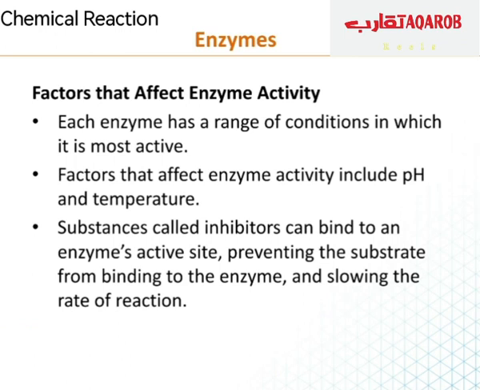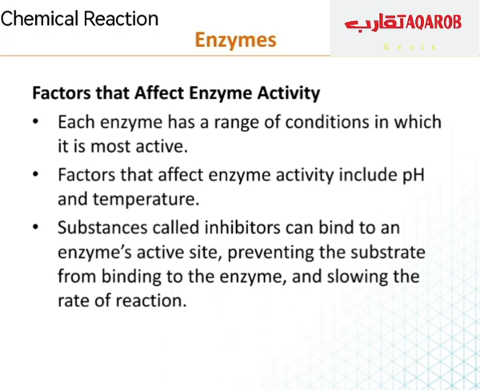Again, let's check these factors again. Each enzyme has a range of conditions in which it is most active. Factors that affect enzymes' activity include pH and temperature. Substances called inhibitors can bind to an enzyme's active site, preventing the substrate from binding to the enzyme and slowing the